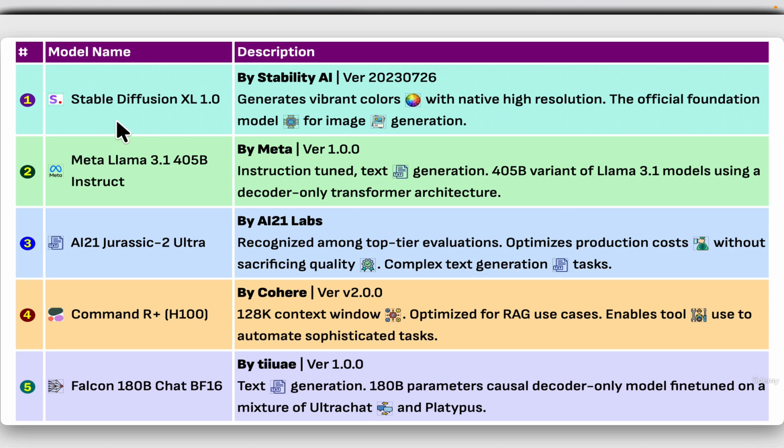Those are Stable Diffusion XL 1.0. This is from Stability AI. This is the vendor name and this is the exact version. For example, this generates vibrant colors with native high resolution, and this is the official foundation model for image generation. So you have Meta Llama 3.1, 405 billion parameters instruct model by Meta, Facebook, and AI21 Jurassic 2 Ultra by AI21 Labs, then Command R Plus, this is by a company called Cohere, then Falcon 180B Chat by this company called TII,